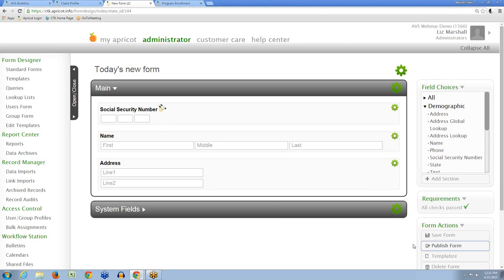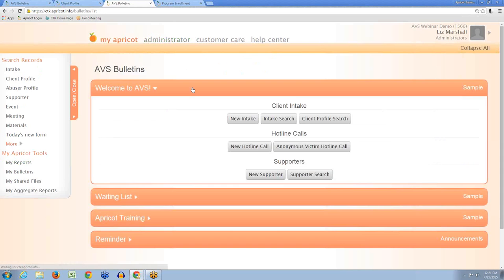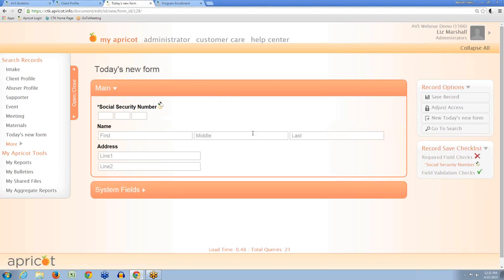So I want to publish this form so that it goes live. And if I go back to my apricot, there it is in my list of forms. Okay, so if we wanted to create a record using this form,